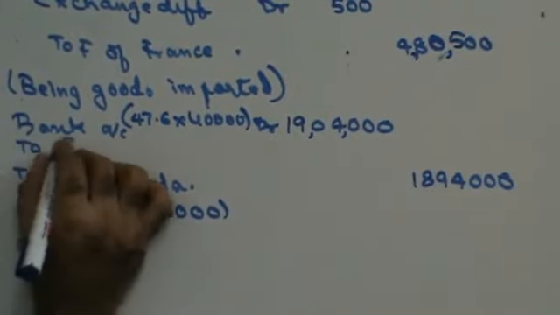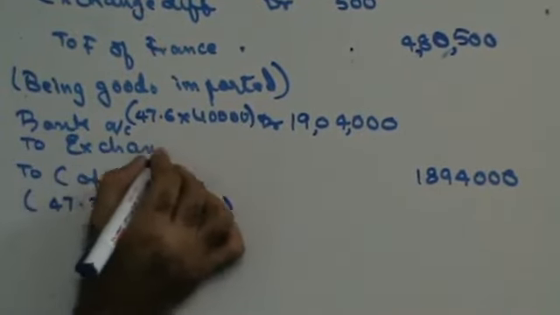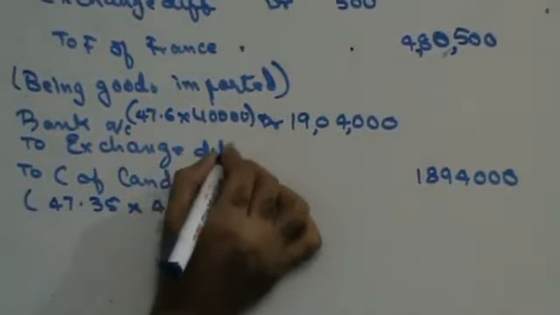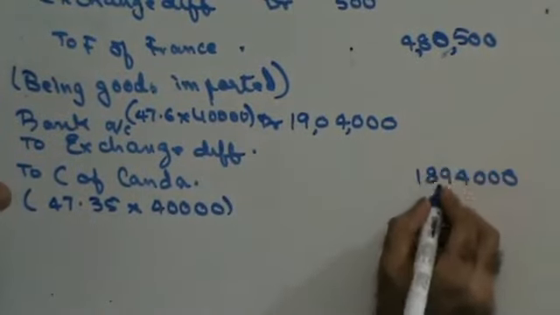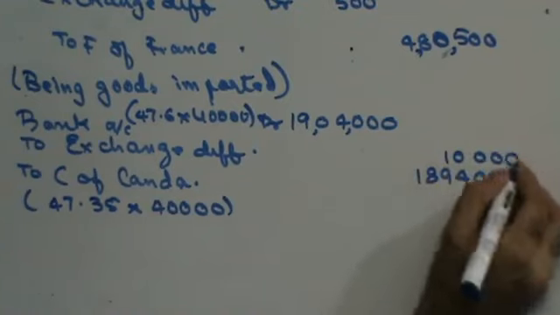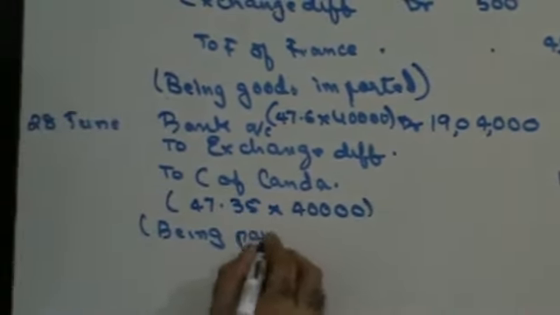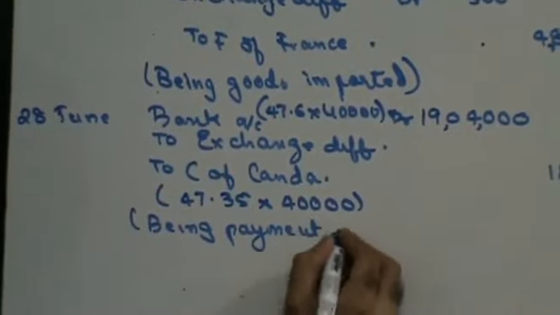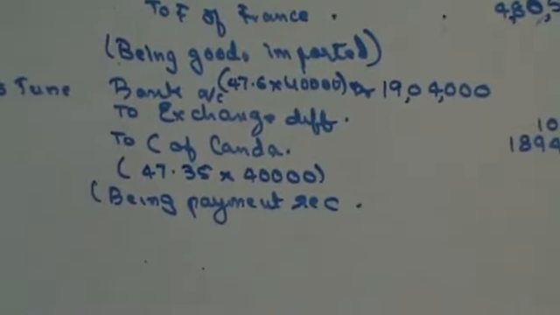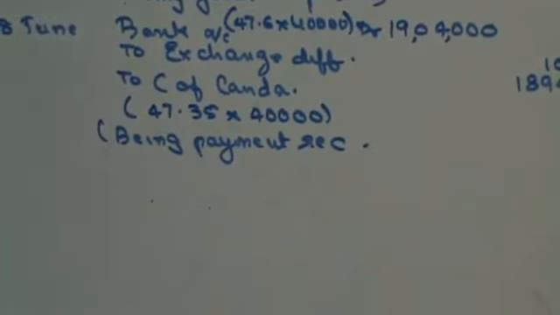This is going to be exchange difference. Someone get me the difference, please. 10,000, being payment received. Right? After 28th June, you have 30th June,